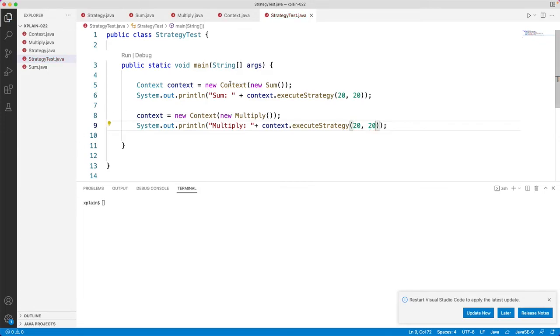Now if you see here, we have created a context and then passed some strategy. So based on the strategy, it will execute the strategy corresponding to the sum. Similarly, here it will execute the strategy corresponding to multiply. Let's go ahead and compile these files. javac *.java. This will compile all the files within this directory. Then let's